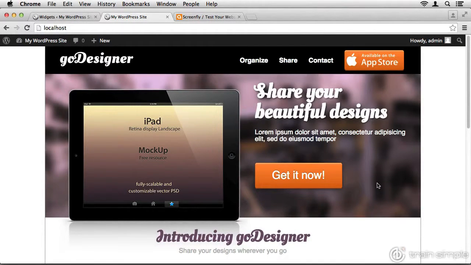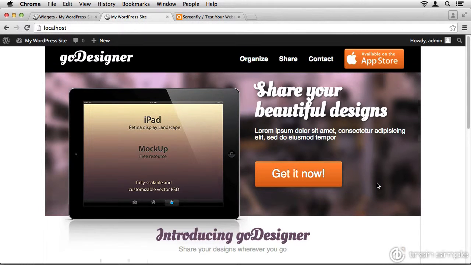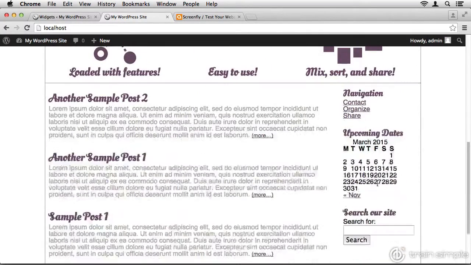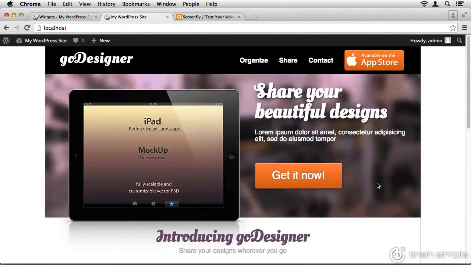Now that we know exactly what we want to build for each of our three devices, let's actually go and do it. Before we build these three layouts, I want to first adjust our large, or desktop, layout. This is exactly what we built in the previous course. I want to make some adjustments before we proceed with building our responsive design. So here we go.